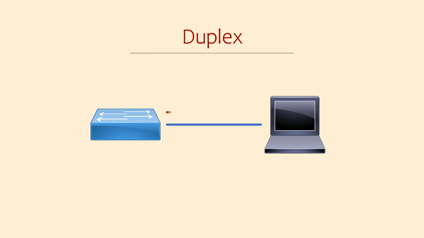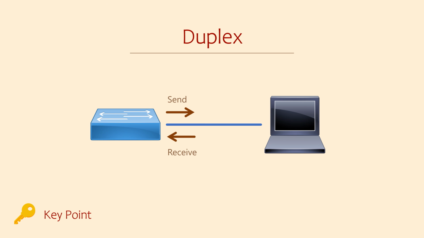When two devices are connected to each other, they can operate in full duplex or half duplex mode. In full duplex mode, the interface can send and receive at the same time. In half duplex mode, it can only send or receive at any given time. As you can imagine, full duplex is far more efficient. These days, full duplex is used in most cases. In fact, for interfaces to operate at 10 gig or faster, full duplex is mandatory. On interfaces 1 gig or slower, we can change the duplex mode.